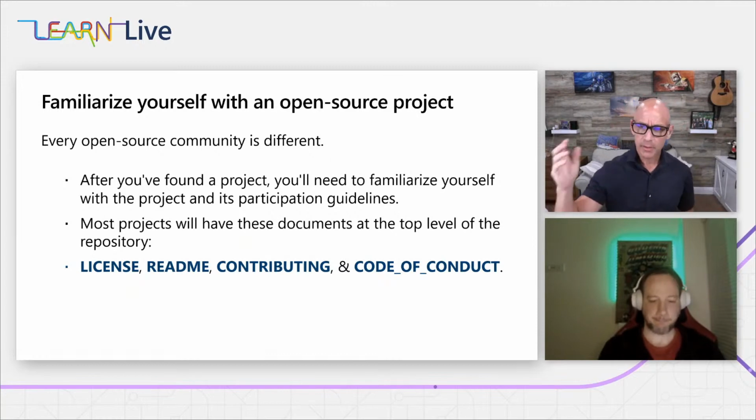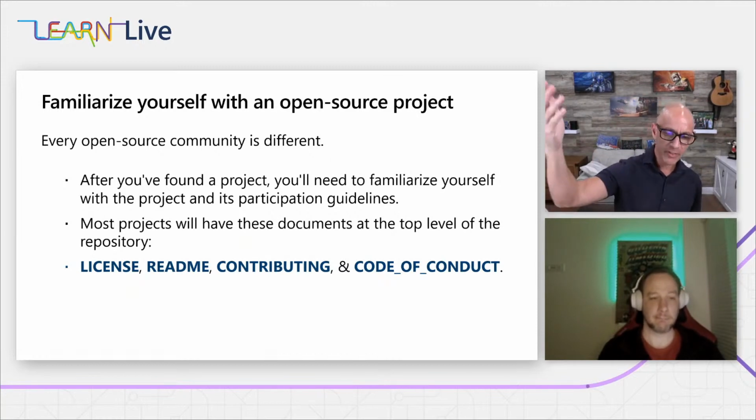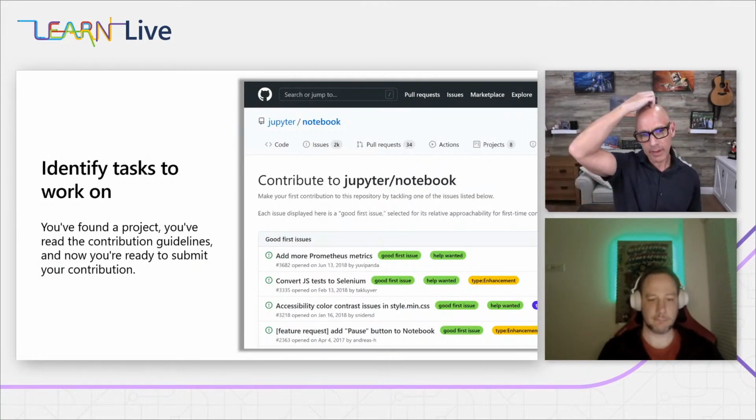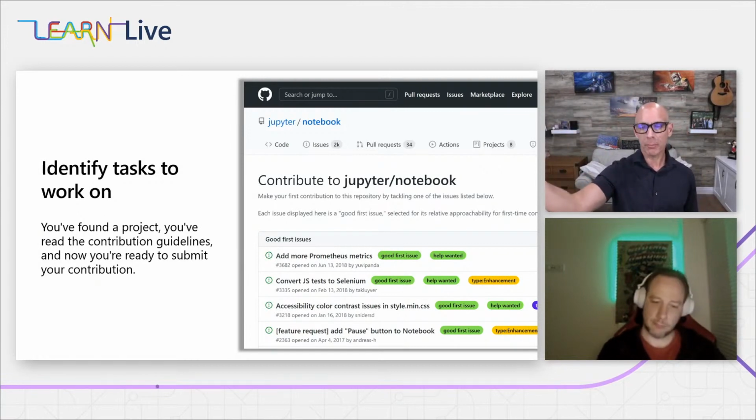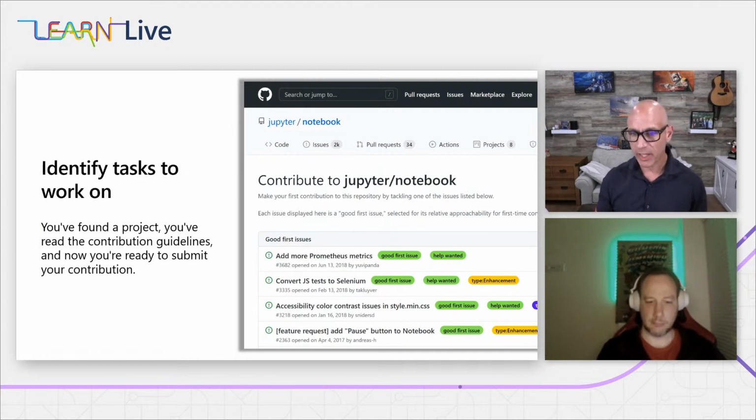The next part of this, Peter, is to identify what tasks to work on. And one of the things I like to do is, if you go over to the issues or pull requests, you can see labels. In the labels, there's some common things like good first issue. This is great for people who are just starting. It's good for your first issue to try to tackle. Or help wanted means that the owners of this repo are saying, we want your help. I often do this for docs.